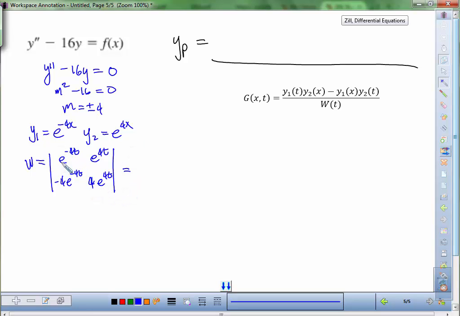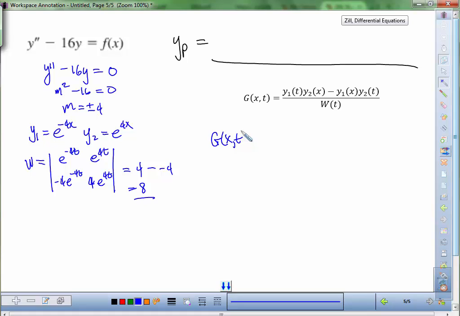And so e to the negative 4t times e to the positive 4t is just e to the 0, which is just 1. So I have a 4 plus 4, which is 8. So our Wronskian is a nice constant. It's just equal to 8. Okay. All right, now for y1 of t,